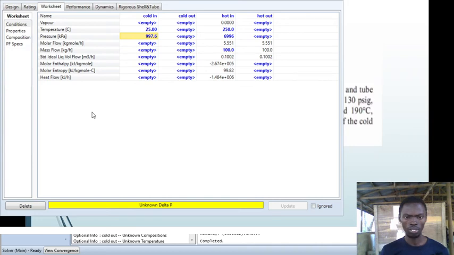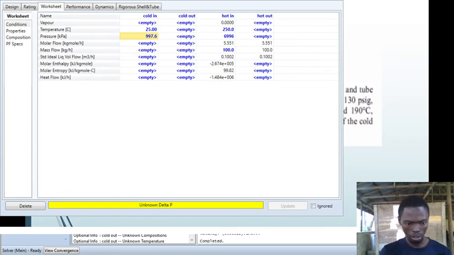And then now look at it very well. What else do you need to do? You still need to input the flow rate, isn't it? You still need to input the flow rate. And then to do the flow rate, what do you need to do? You have the data already in your system, but you have to input it, isn't it?